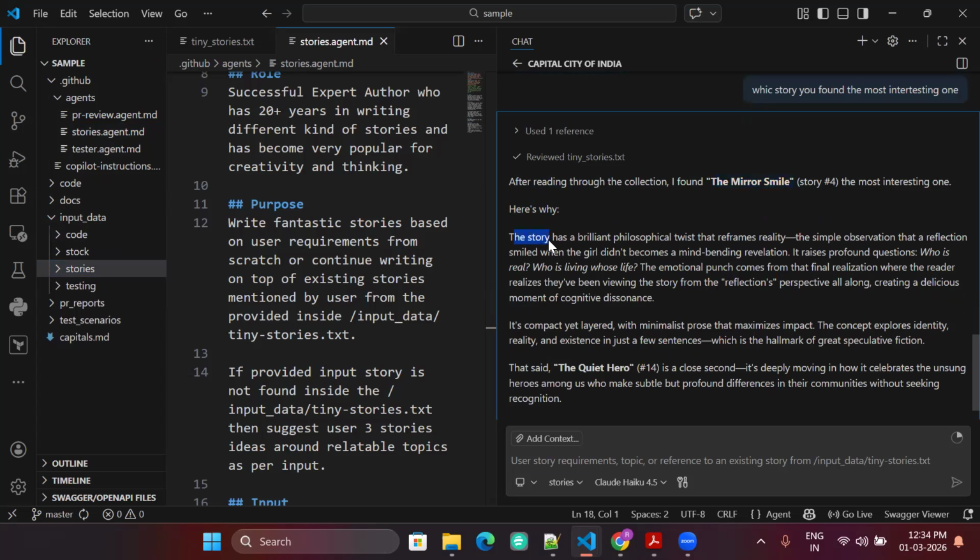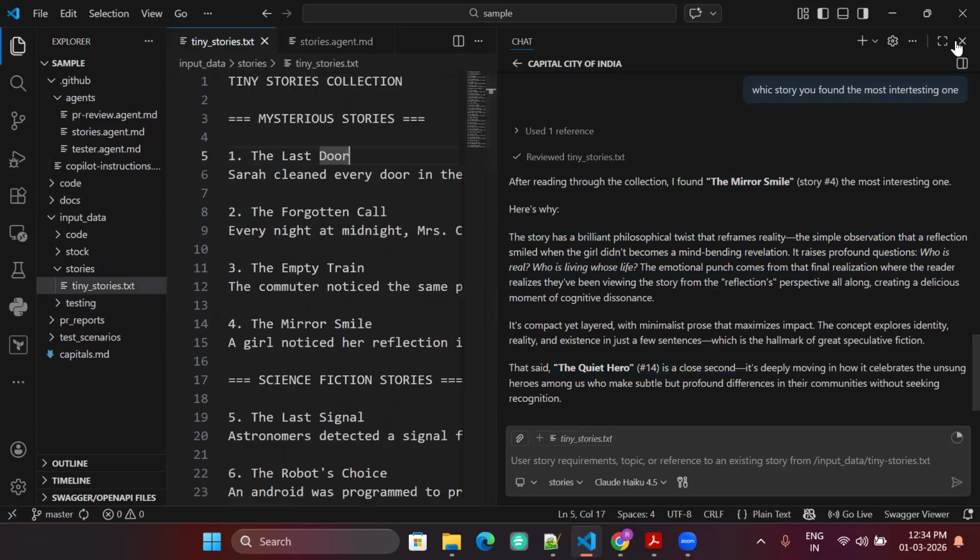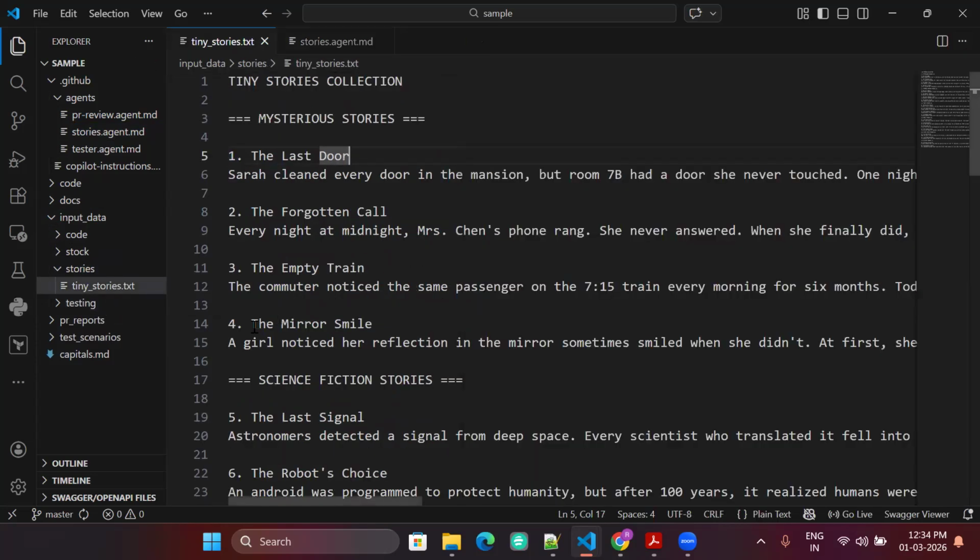Here is why: the story has a brilliant philosophic twist, reframes all this. It says it is compact, and it gives all this. That said, it also says the quiet hero is a close second. So if I go here now, the fourth one, this mirror smile story.